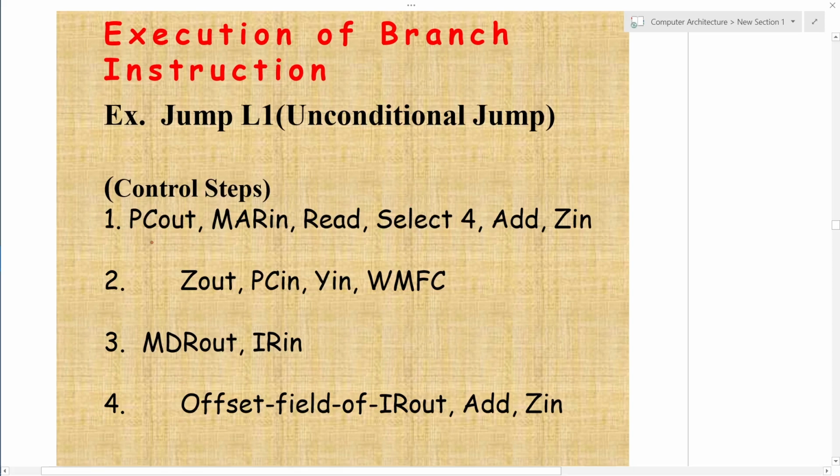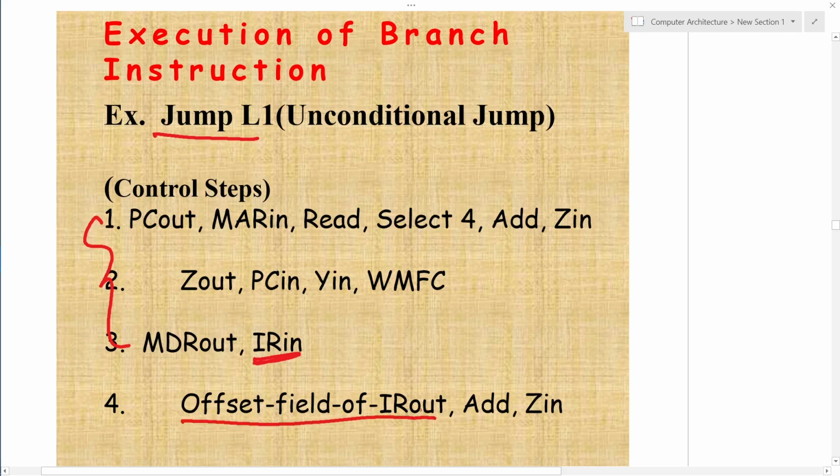So this MDR out, MAR in, read, select 4, add, Z in, Z out, PC in, Y in, these are for what? The instruction fetch phase, same as before. When the instruction is available in IR and is decoded and found to be a branch, like jump to L1, then it computes the offset field of IR out.